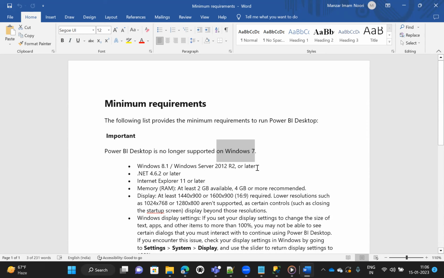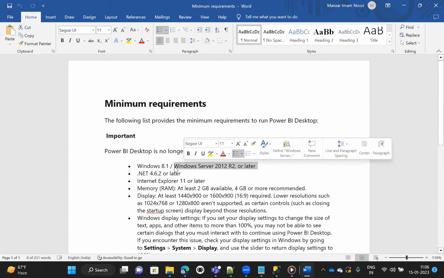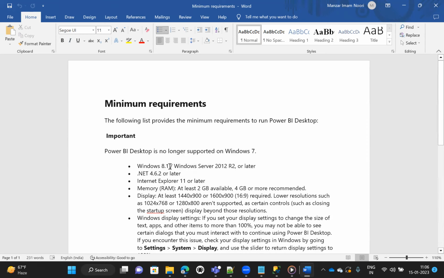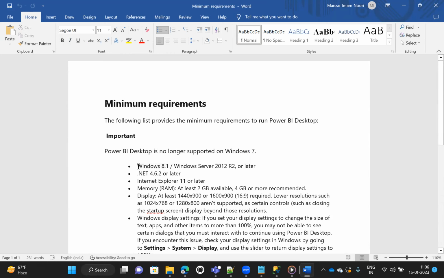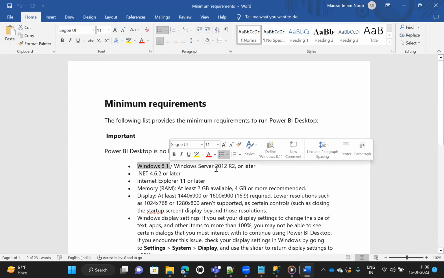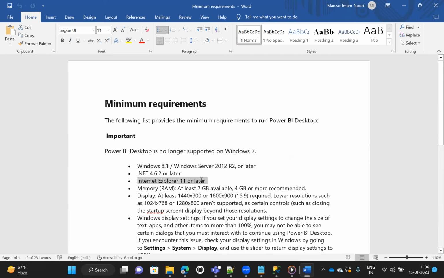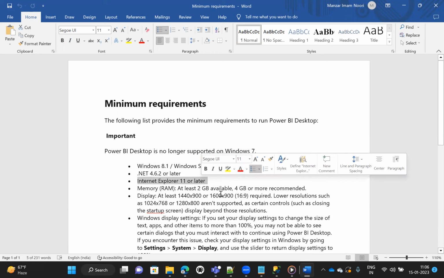Nobody has Windows 8 nowadays. Most people have Windows 10, and we need a machine with Windows 8.1 or later, and you should have Internet Explorer 11 or Microsoft Edge.